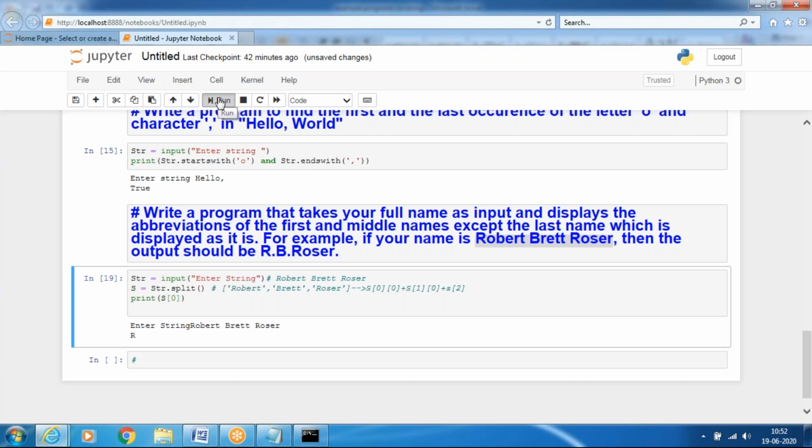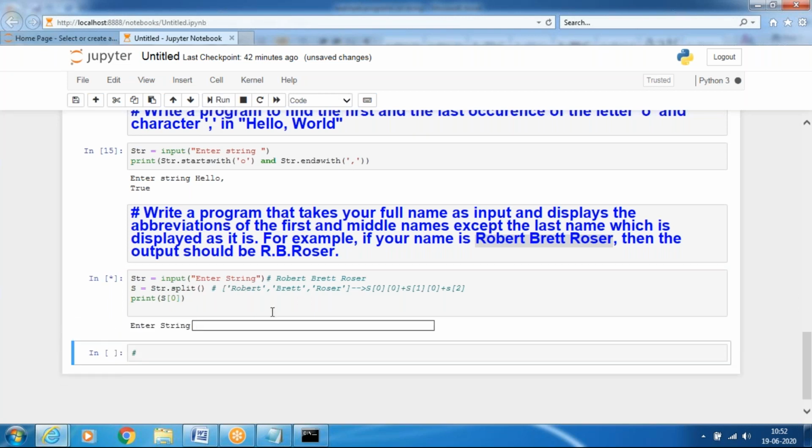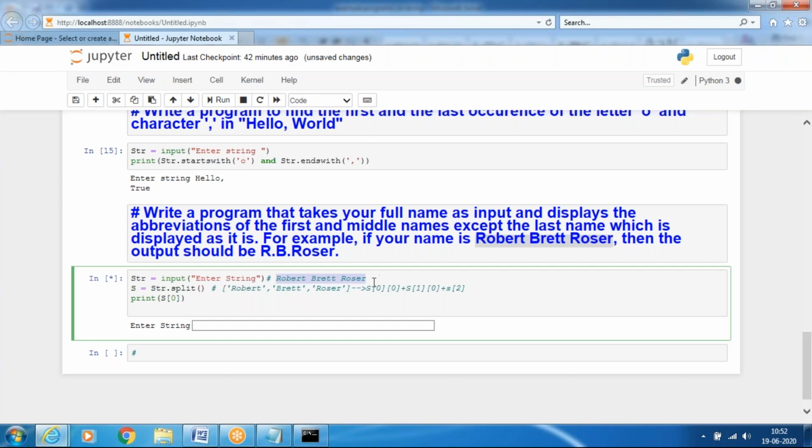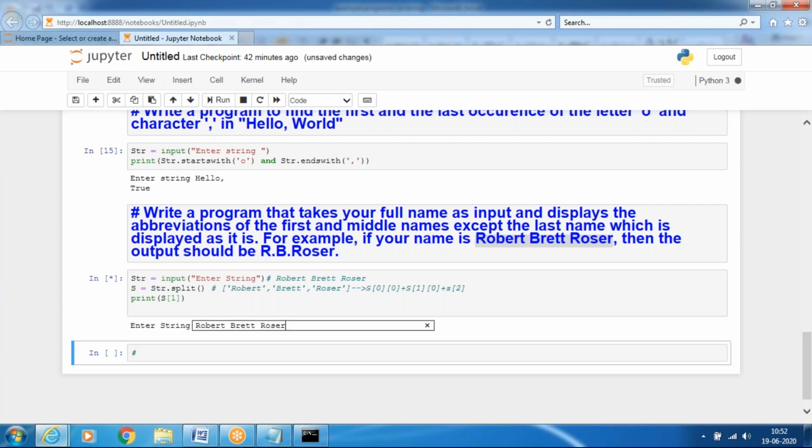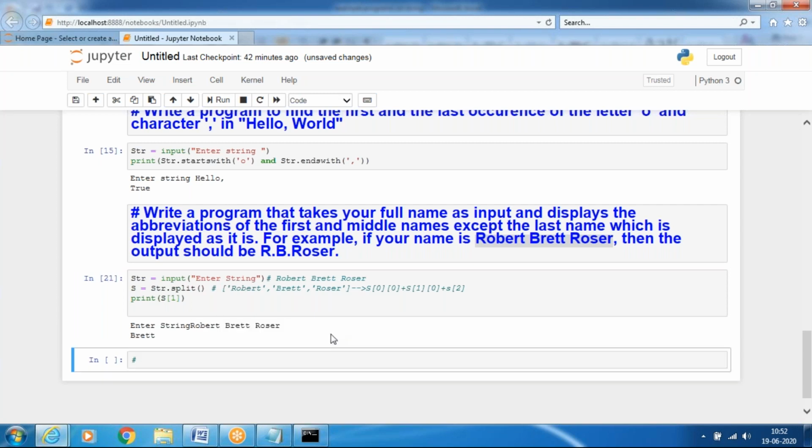So we'll run this code. Robert is printed. In case S of 1, it will give Bert.